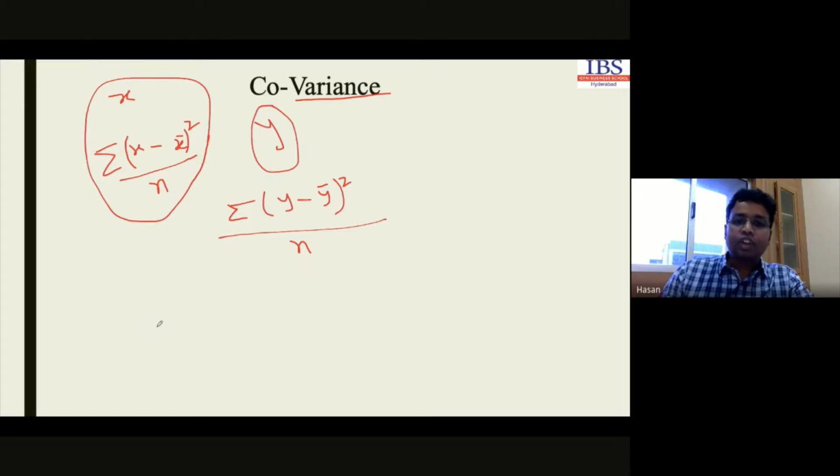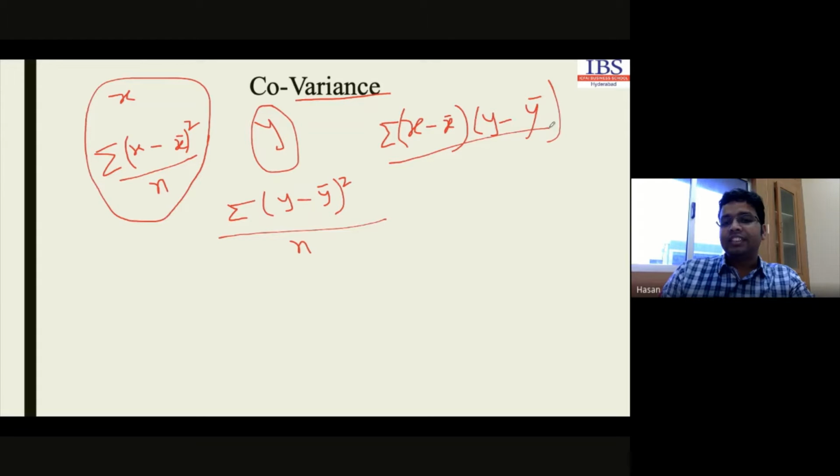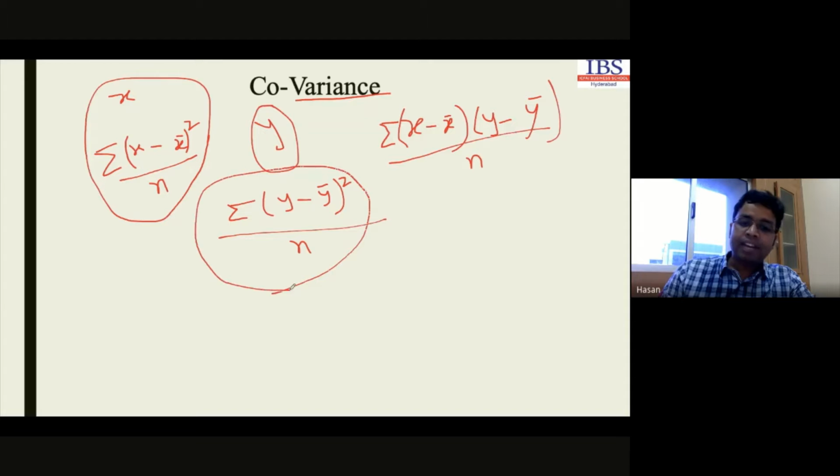So in this case, what we have to do: this is the variance for x with respect to the target value, and we have to multiply the variance of y with respect to the target of y, and take the sum and take the average. Same thing. Look, same thing. In variance we squared it to eliminate the sign impact, but here, if we multiply them both, it will automatically cancel the maximum sign parts.